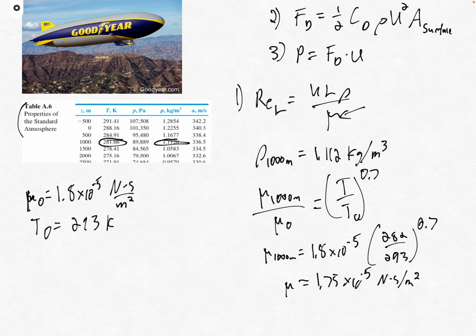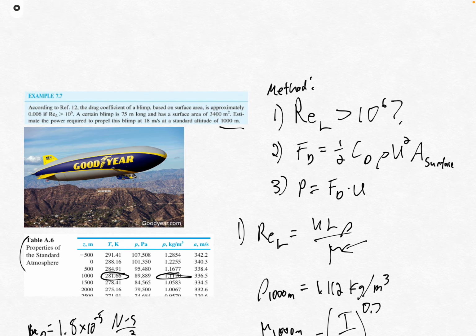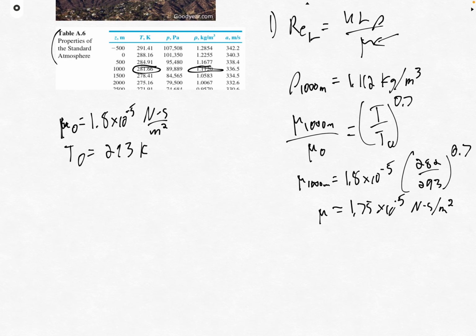And we have to check the Reynolds number before we get started because, again, our data tells us that this number is only valid if the Reynolds number based on length is greater than 10 to the 6th. So now check